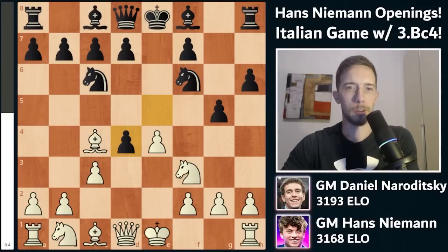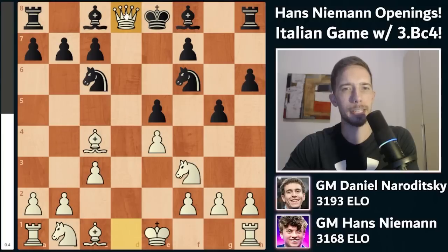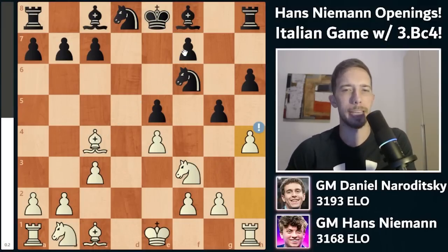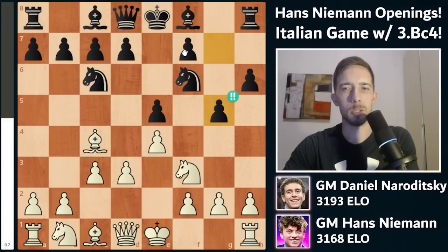If he takes on d4, then e5 is the right response, hitting the knight already, and if black instead goes for d6, then white gets a very good endgame, just taking on d5, taking the queen. Of course, the knight has to take back here, because otherwise the f7 pawn falls to the bishop. So knight takes and then h4, blowing open the king side, and white is going to have a big advantage here. So it's a very long-winded way of saying d4 in this position would have been the key idea for